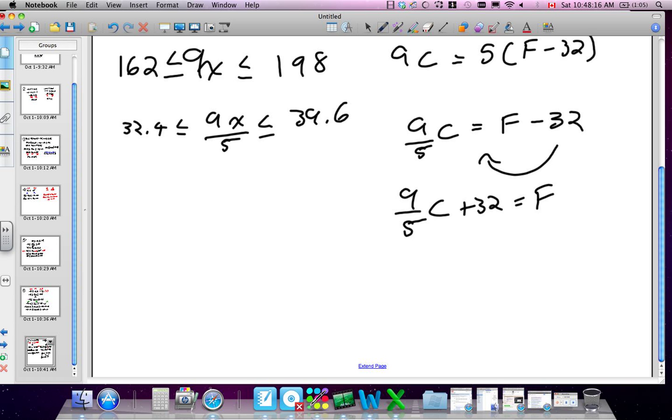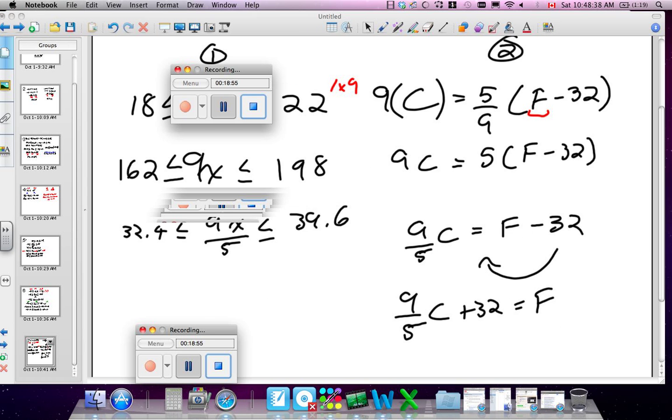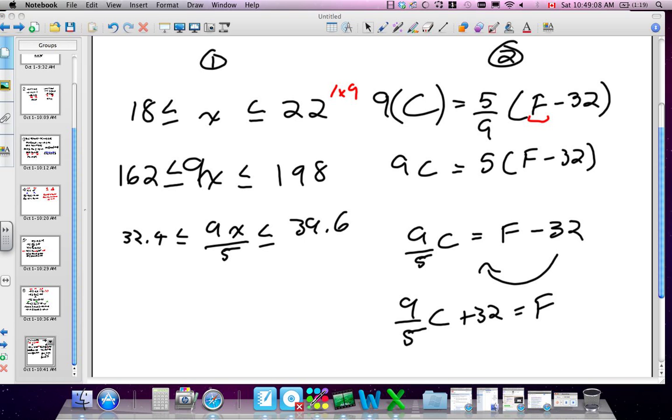So when we add those numbers there, what do we end up getting? I think 0.4. 0.4 for which? Oh, no, we have to add it. Oh, yeah. We're still going to be short. 64. Okay, so we ended up with 64.4 less than or equal to 9 over 5x